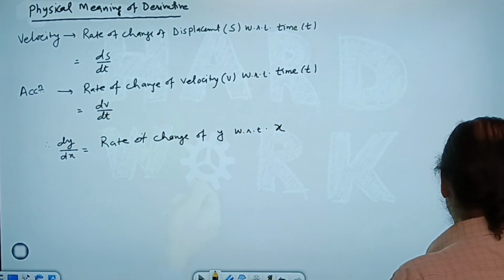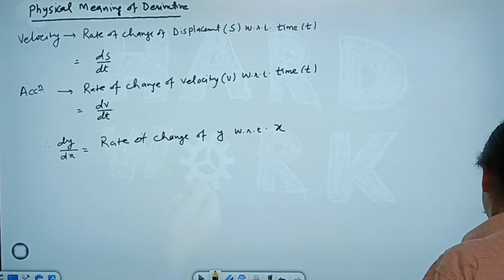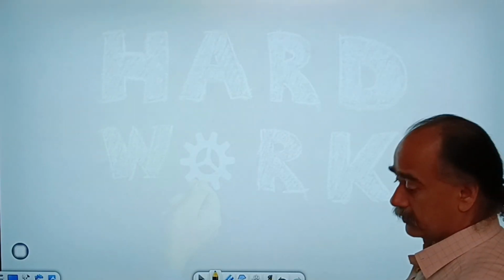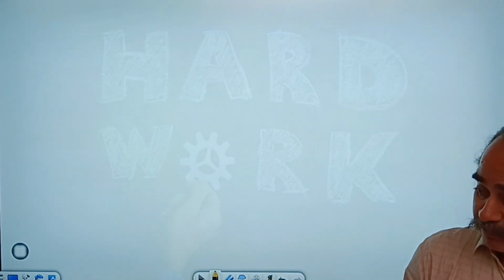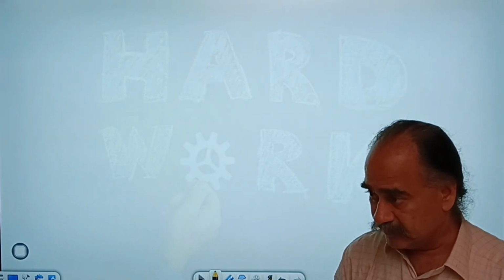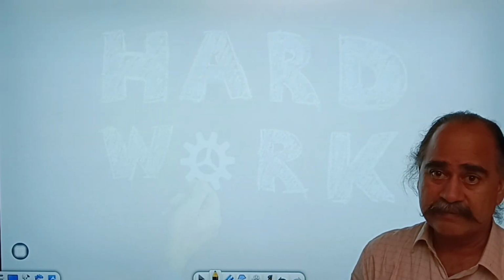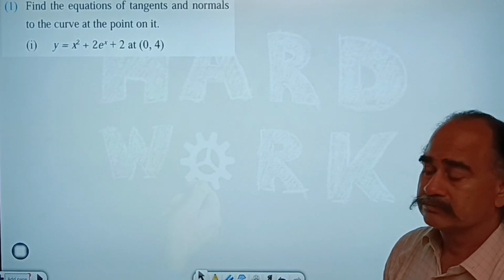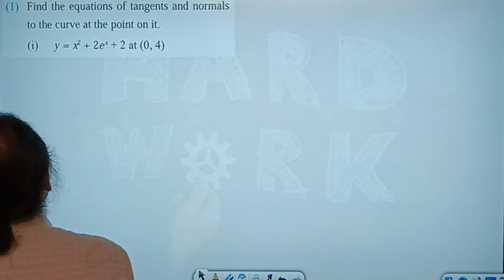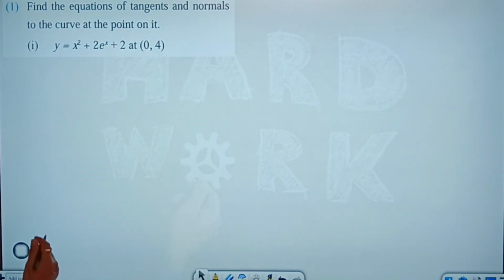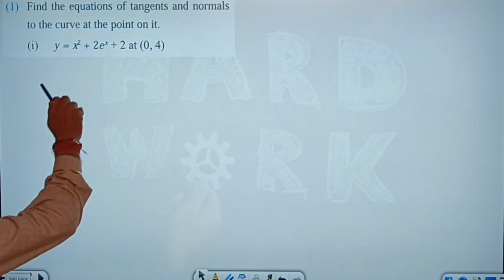Now we'll start problems based on this. Okay, let us solve problems. First problem is: find equations of tangent and normal to the curve at the point